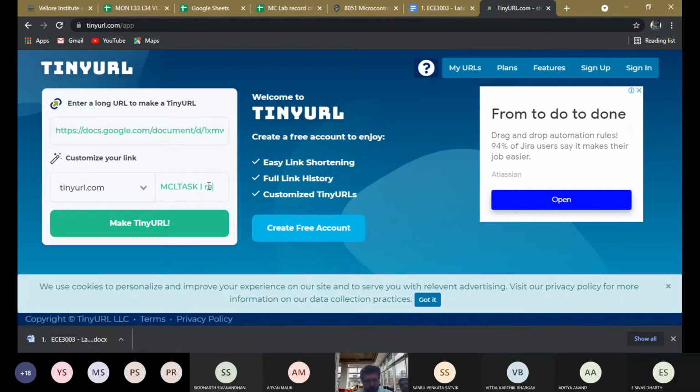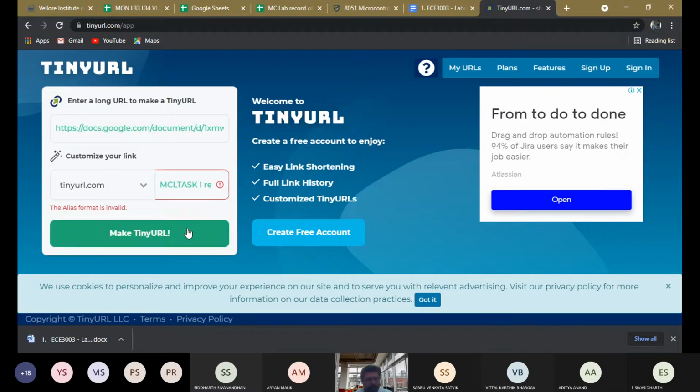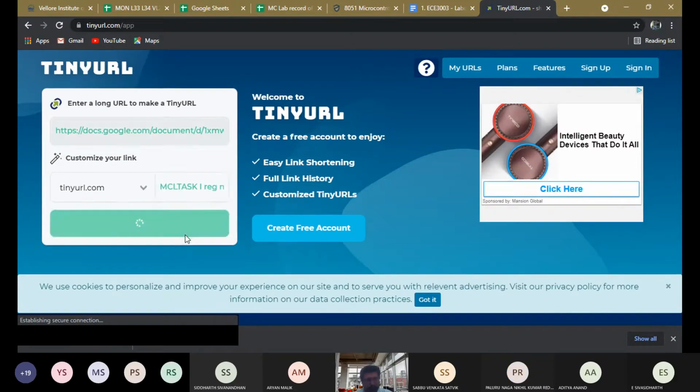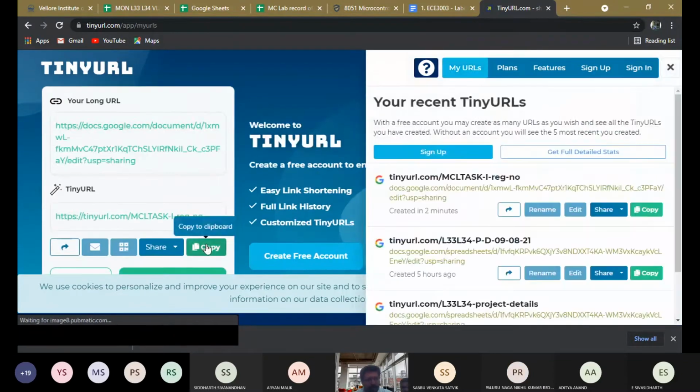Okay. Make a tiny URL. That dot and all I have to remove, it will not support it, so I'm removing that. Make a tiny URL. So this will be copied